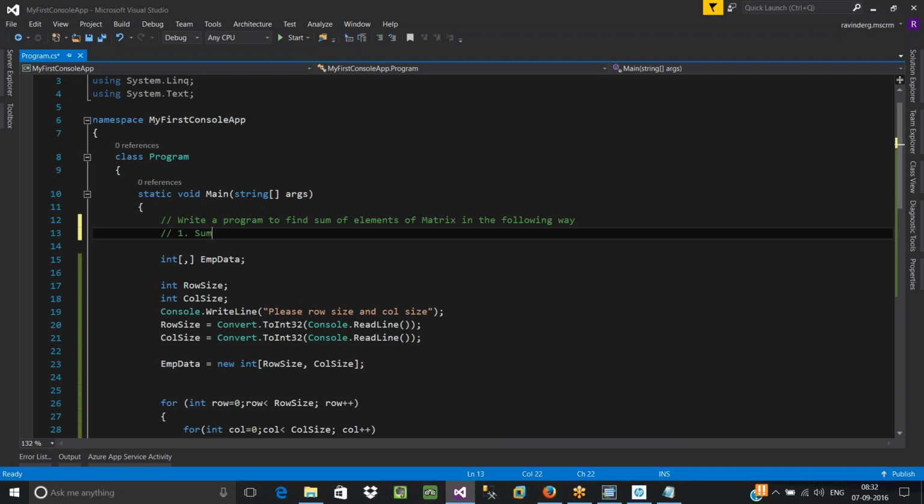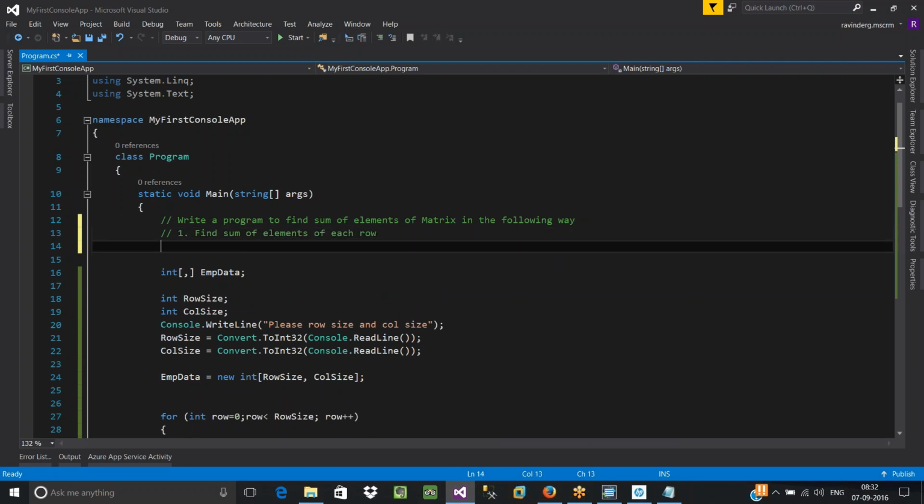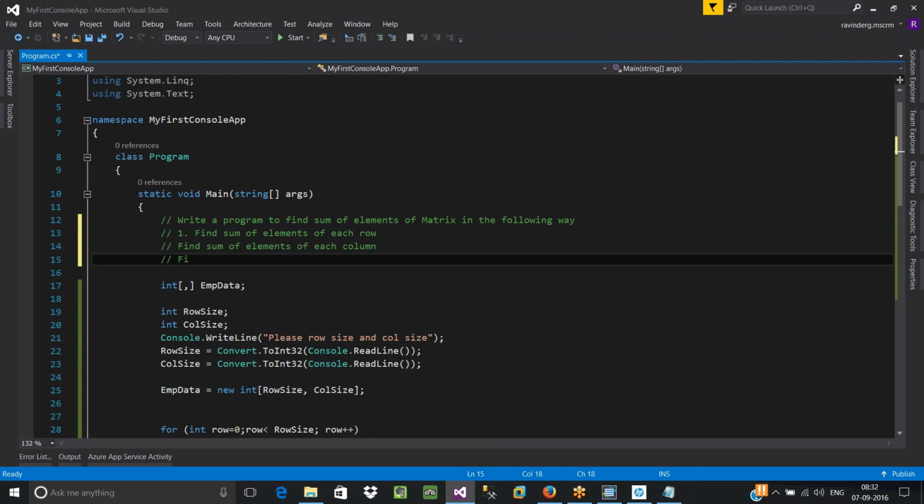I mean, find sum of elements of each row. Next, find sum of elements of each column. Next, find sum of all elements of the matrix. This is what you need to do.